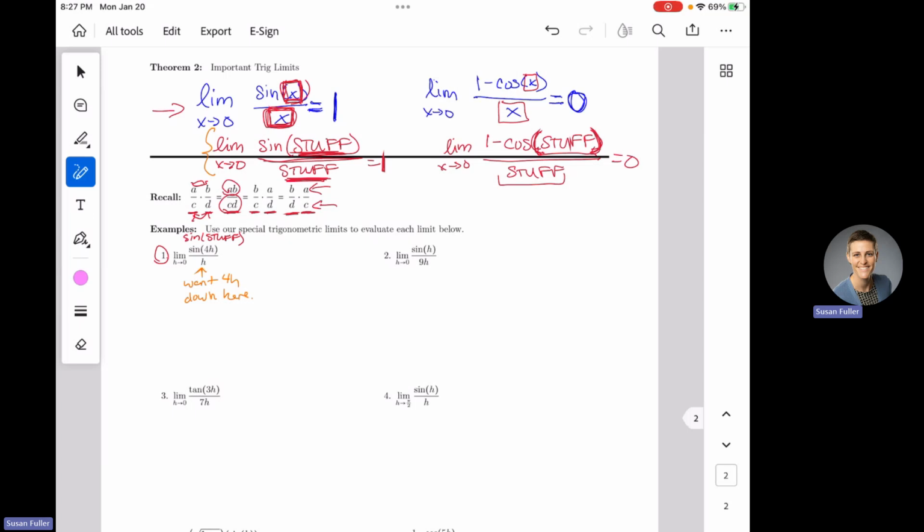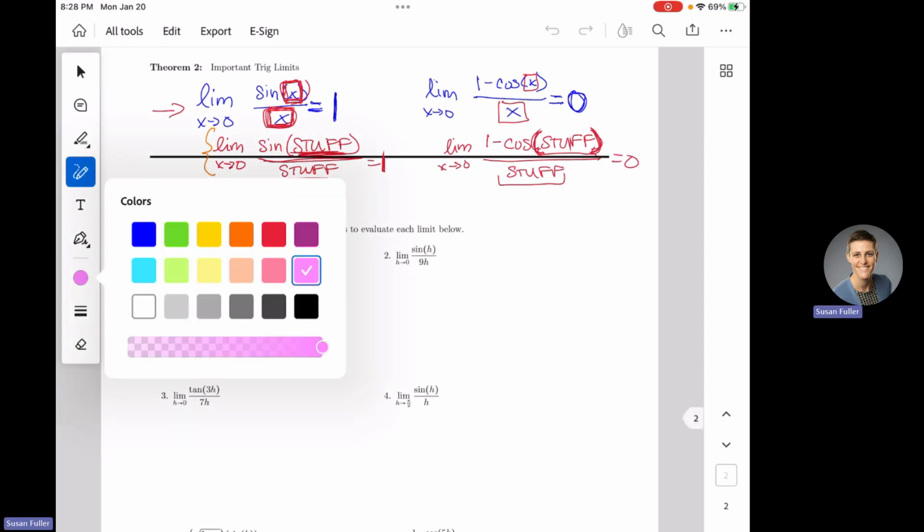Sorry, not functions, fractions. And we're just going to multiply by what we need. I have an h and I want 4h, so I'm going to multiply by 4 to get a 4h down here. But again, with fractions, I don't want to change the value. I just want to change what it looks like. So if I multiply by a 4 on the bottom, I have to multiply by a 4 on top so that I don't mess anything up. So I'm going to multiply by 4 over 4. I can do that because it's a fraction.